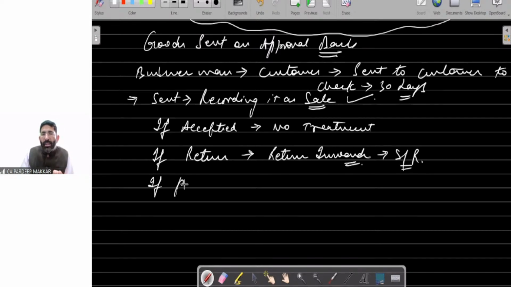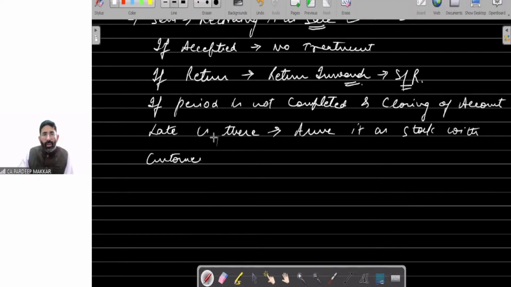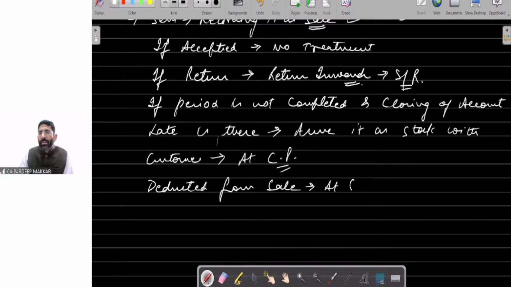If the period is not completed and the closing date comes, closing of accounts date is there, then what to do? Then we have to assume it as stock with customer. We will assume it as stock with customer and record at cost price. It will obviously be deducted from sales at sale price, because it is recorded in